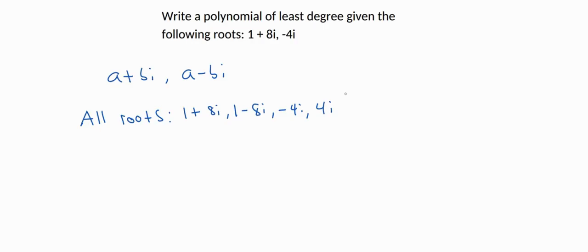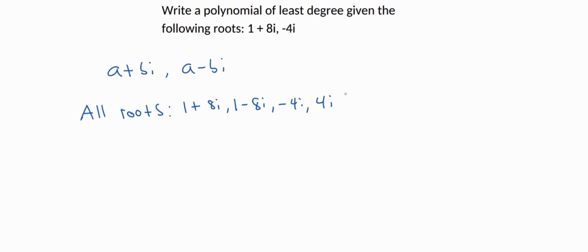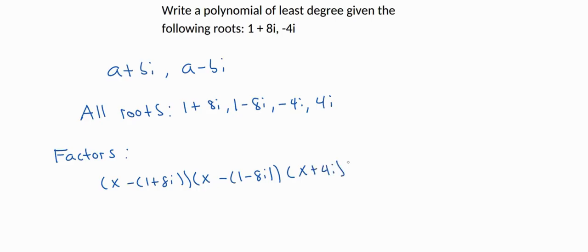Now utilizing these roots, let's write down the factors of the polynomial. So the factors: we have x minus 1 plus 8i, x minus 1 minus 8i, x plus 4i, and x minus 4i. And just to see why these are the factors, we could, for example, look at